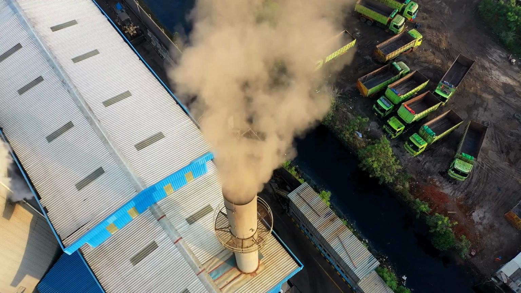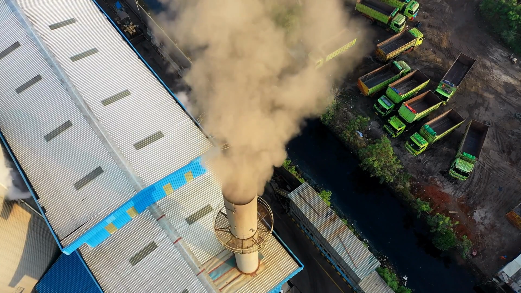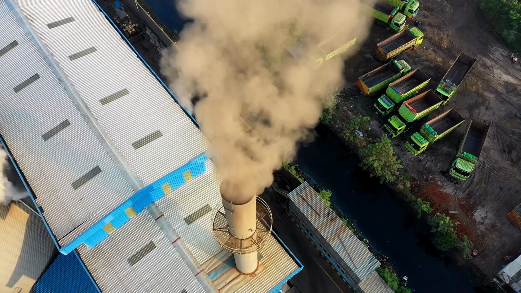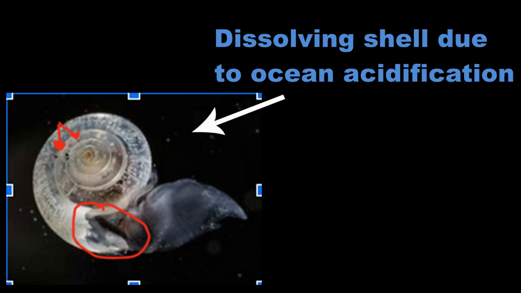What is coral bleaching? The ocean is one of the largest carbon sinks on the planet. When they absorb too much carbon from the atmosphere, this causes an increase in ocean acidification and also a rise in sea surface temperature. When the corals experience a lot of stress, for example through one of these stressors, one